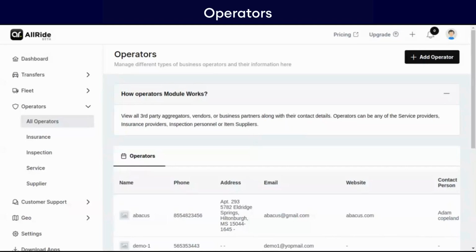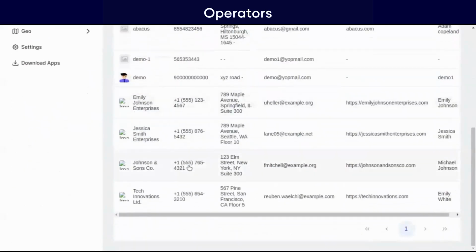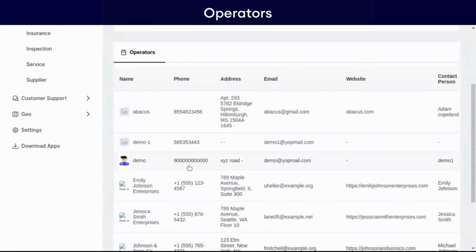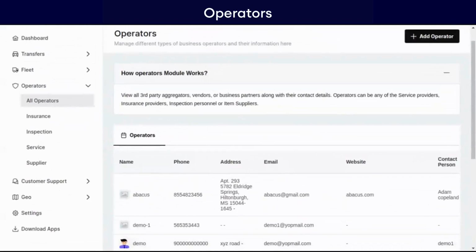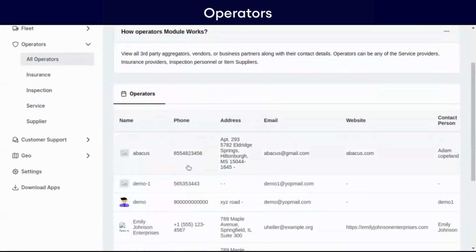In the All Operators section of the AllRide platform, one can view a comprehensive list of all the operators currently associated with the service. This list is crucial for maintaining an organized record of all the service providers and their contact details. Here's what the section includes: name, the name of the operator or the company;